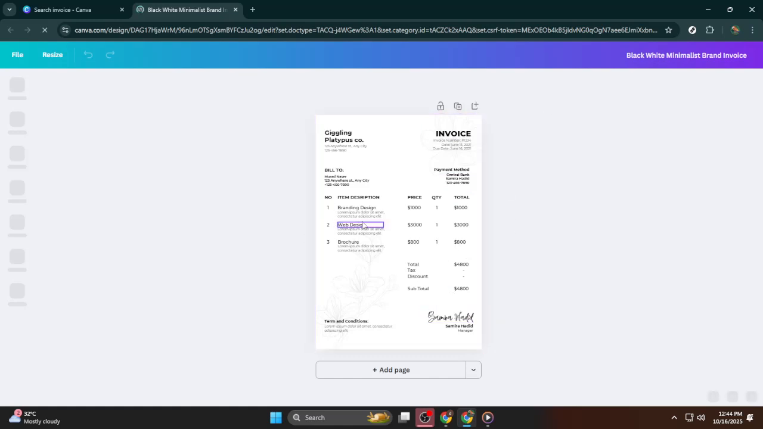And there you have it. Creating a beautiful, professional invoice in Canva is not only possible, but can also be a fun and creative experience. With these steps, you'll be ready to impress clients and manage your